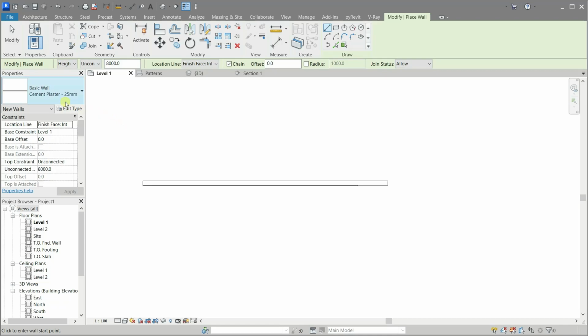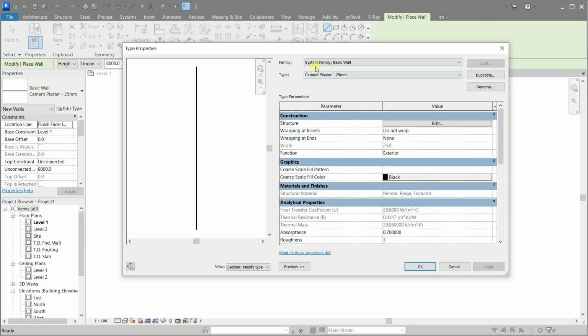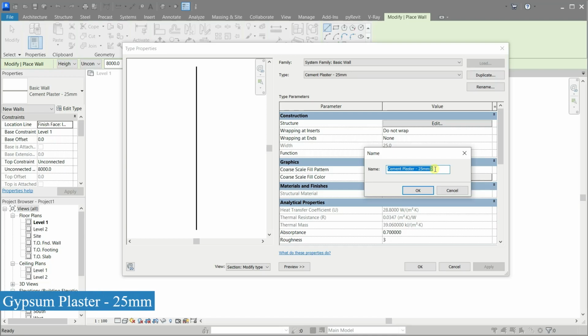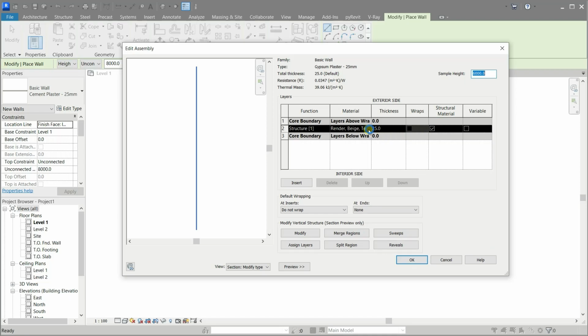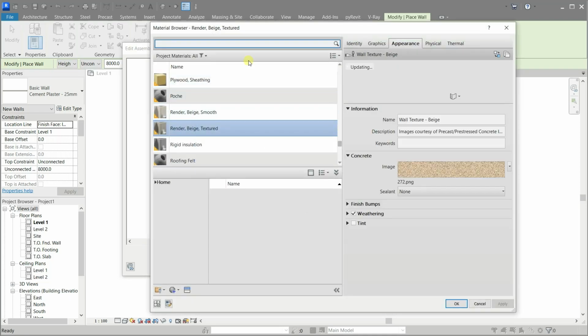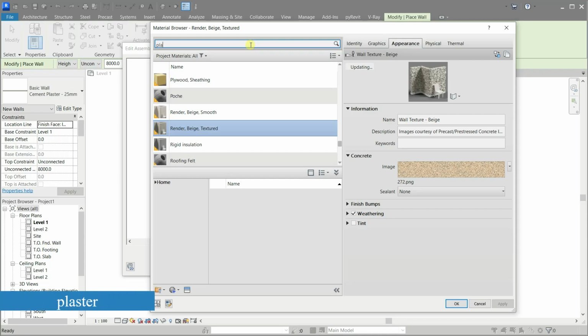Repeat the process, and this time we will make gypsum plaster wall. Type plaster.